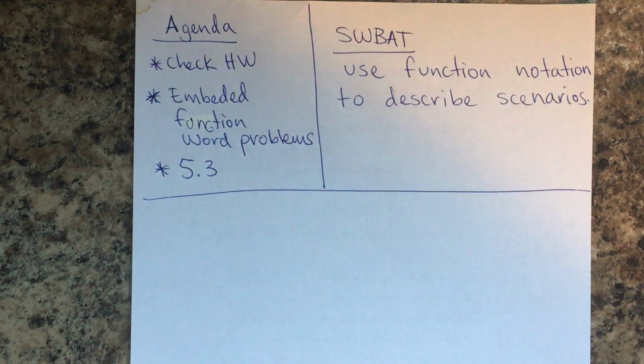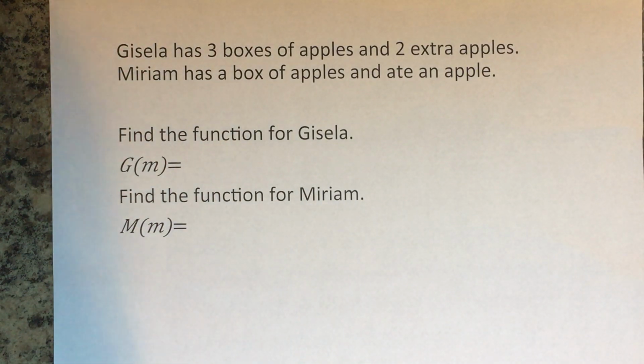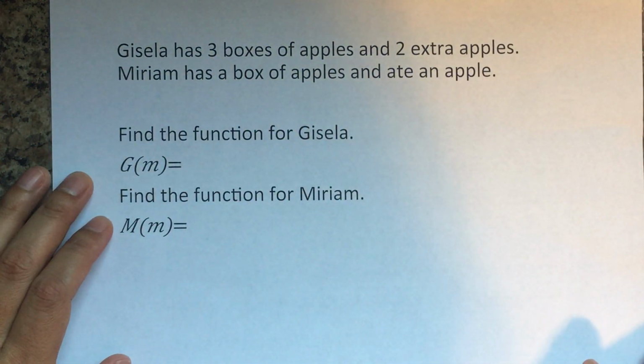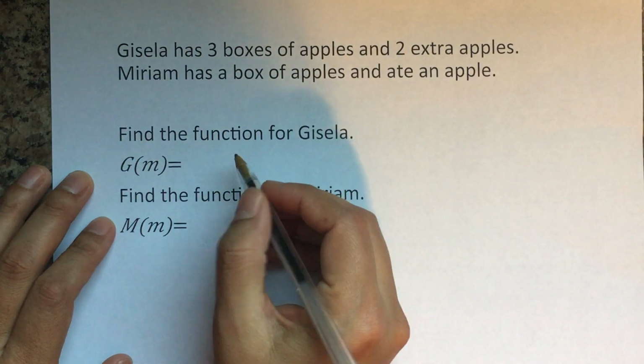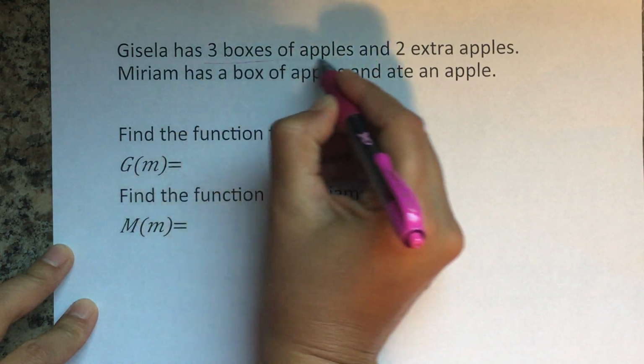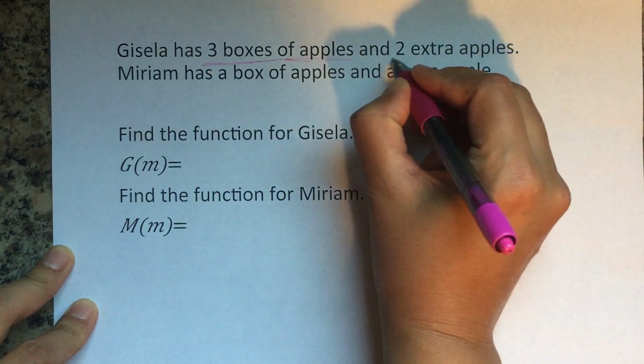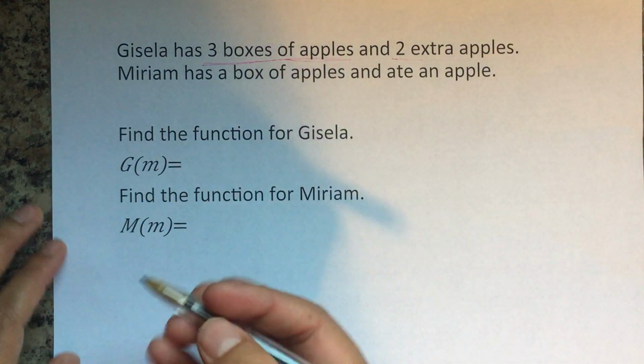And so let's start with a scenario that says Gisela has 3 boxes of apples and 2 extra apples. Miriam has a box of apples and ate an apple. So now we're going to find the function for Gisela and a function for Miriam. So it says that Gisela has 3 boxes of apples and 2 extra apples. So that's going to be